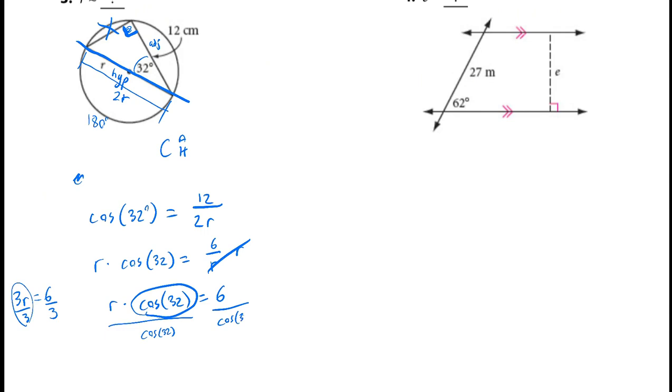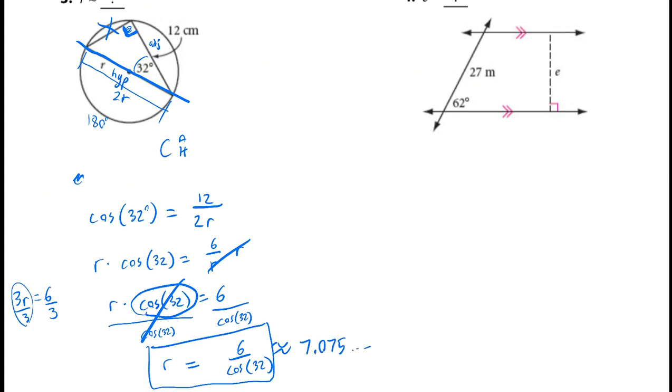Right, so on the left, that exactly cancels out. That's why we did it. And we get r equals 6 divided by the cosine of 32 degrees. That's the exact value, but 6 divided by cosine of 32 degrees is approximately 7.075. Okay,